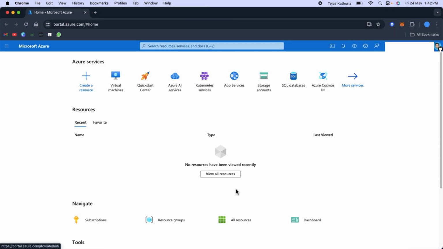And in today's video, I'd be showing you how you can create your very own virtual machine on Microsoft Azure. So for those who don't know what Microsoft Azure is, it is basically a cloud computing platform that allows you to access cloud services and the resources provided by Microsoft.